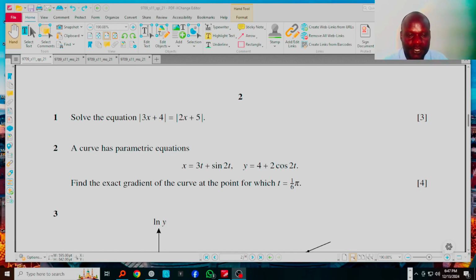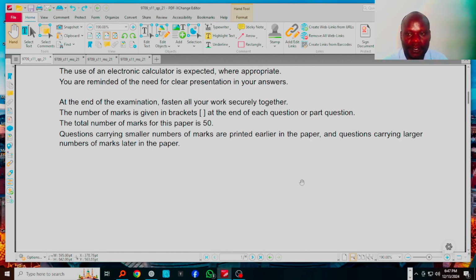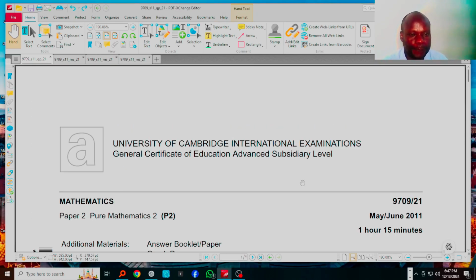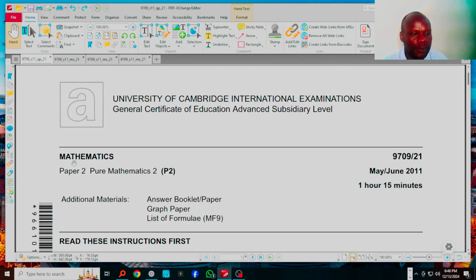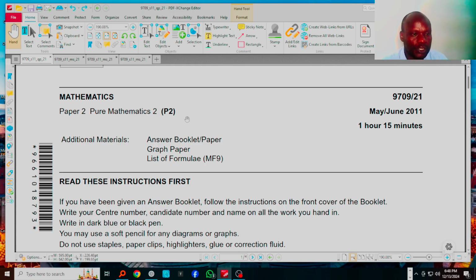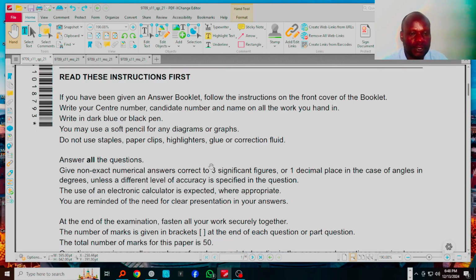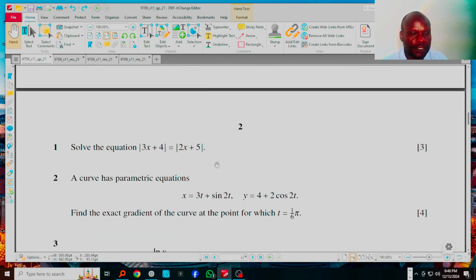Well, let us consider a question which is coming from University of Cambridge International Examinations, that is General Certificate of Education, Advanced Subsidiary Level, Paper 2, Pure Mathematics 2, which was taken May-June 2011. The paper's code is 9709/21. So it's question 1, and question 1 reads, solve the equation